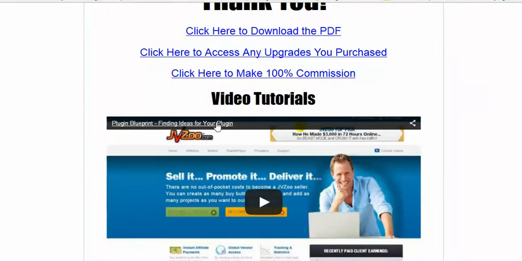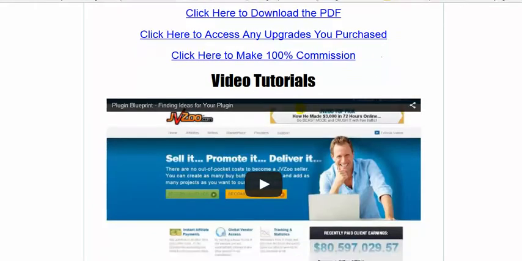Finding ideas for your plugin, that's big. That's going to turn out not to be the biggest thing that you need to do, but it is a big thing. What do you need your software to do? By the way, once you get a few ways of finding ideas, I personally have two or three ways of creating ideas for software, and that keeps me and everybody else super busy. Once you get in that groove, you will be able to create more ideas for software than you can ever sell.